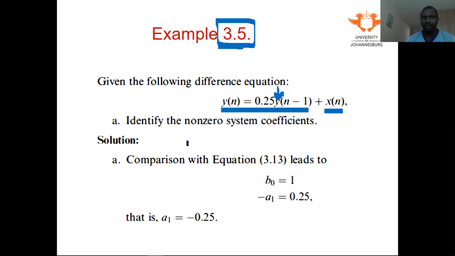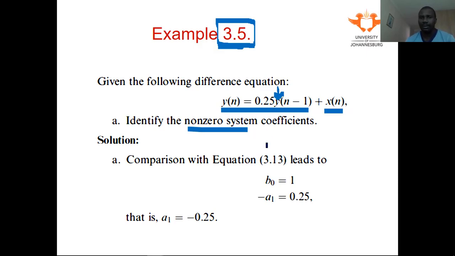If they ask you to identify the non-zero coefficients, where you have coefficients that were not multiplied by zero,